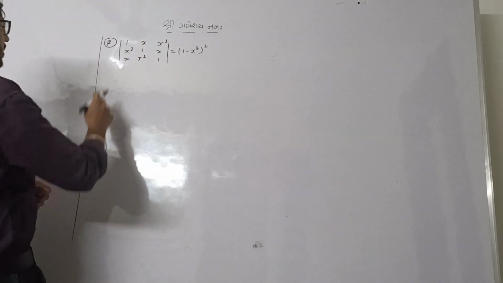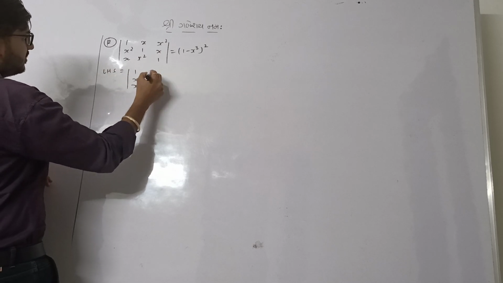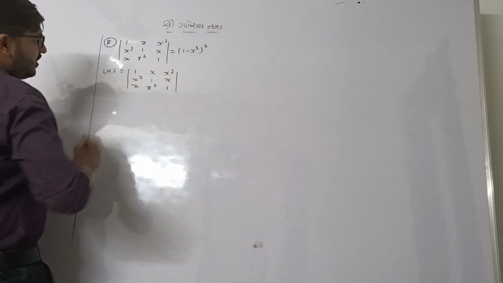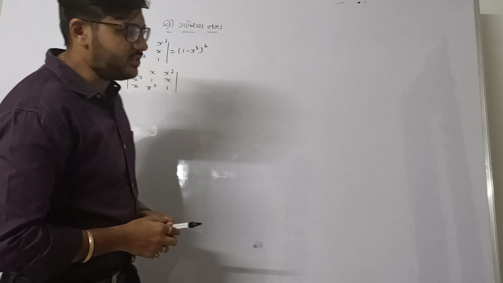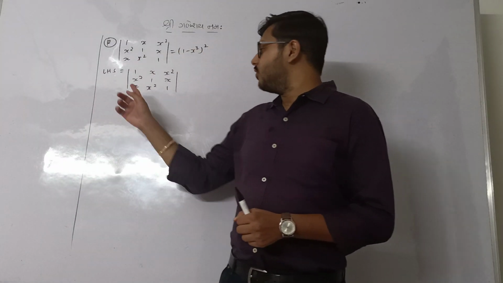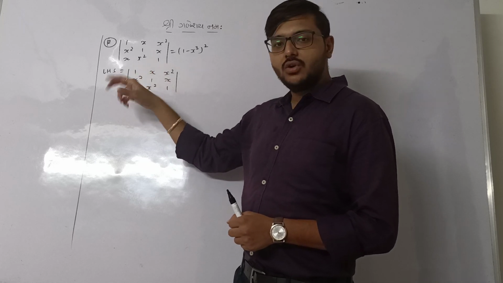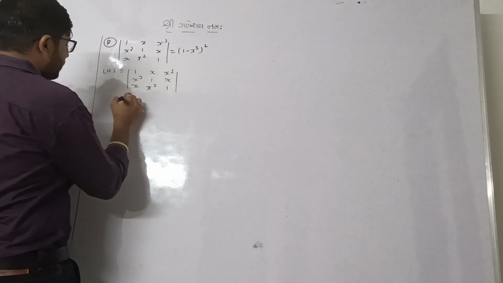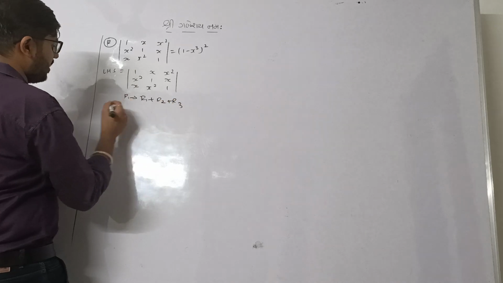Okay, so if I go with the LHS, we have rows 1, x square, x; x, 1, x square; x square, x and 1. As we already did this kind of operation in previous sums, we'll follow the same rule: we add the other two rows into the third one, or the same way you can go with any two columns. So here I can apply R1 to R1 plus R2 plus R3.